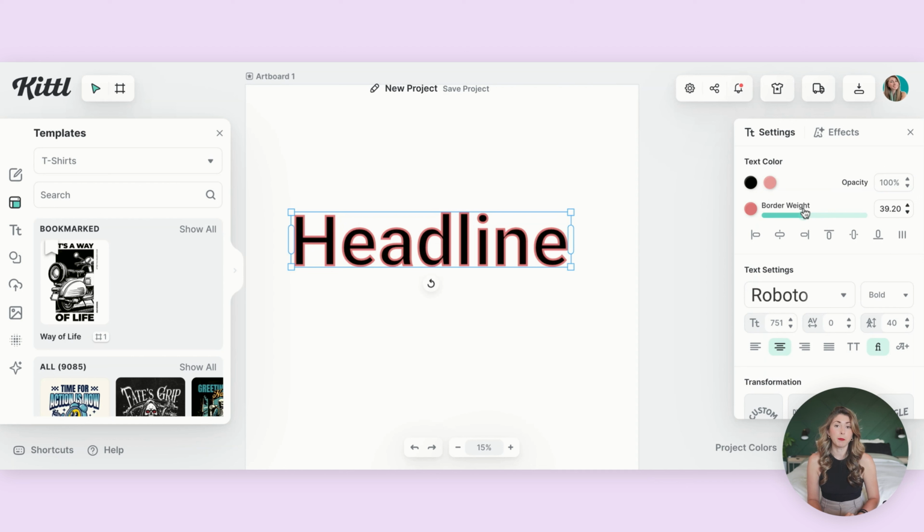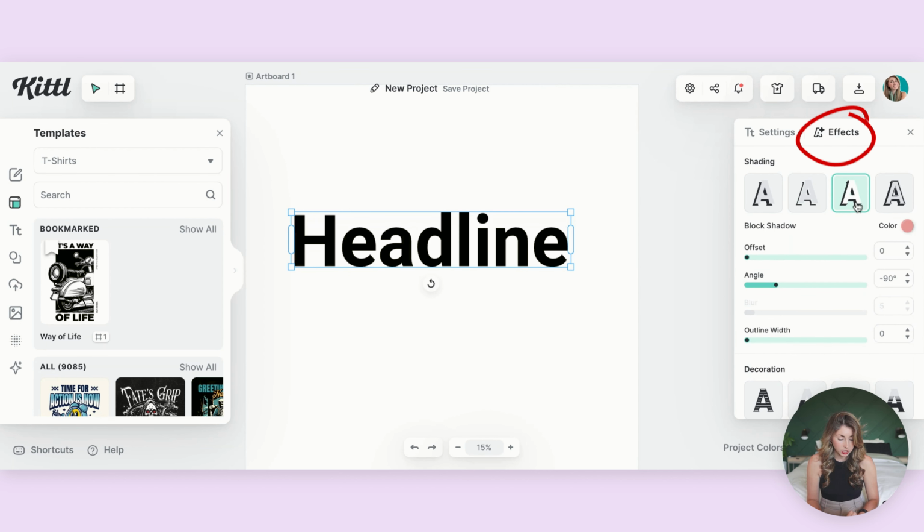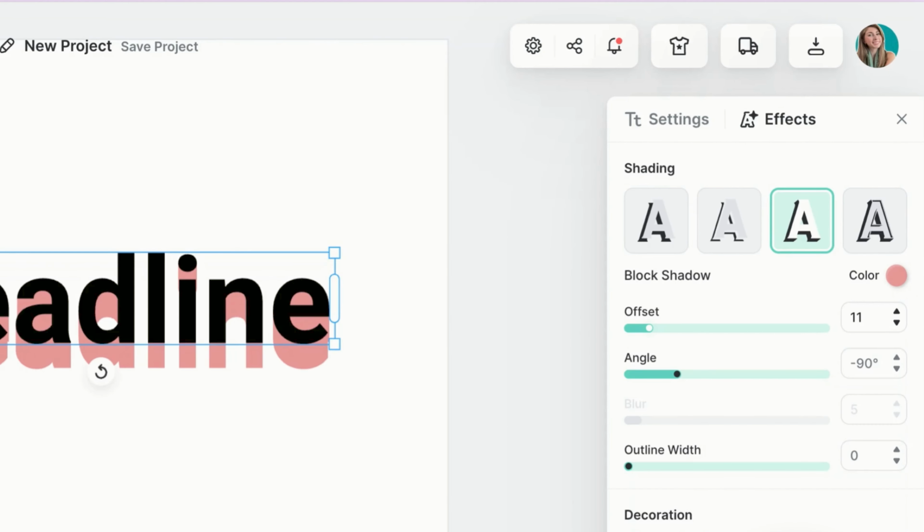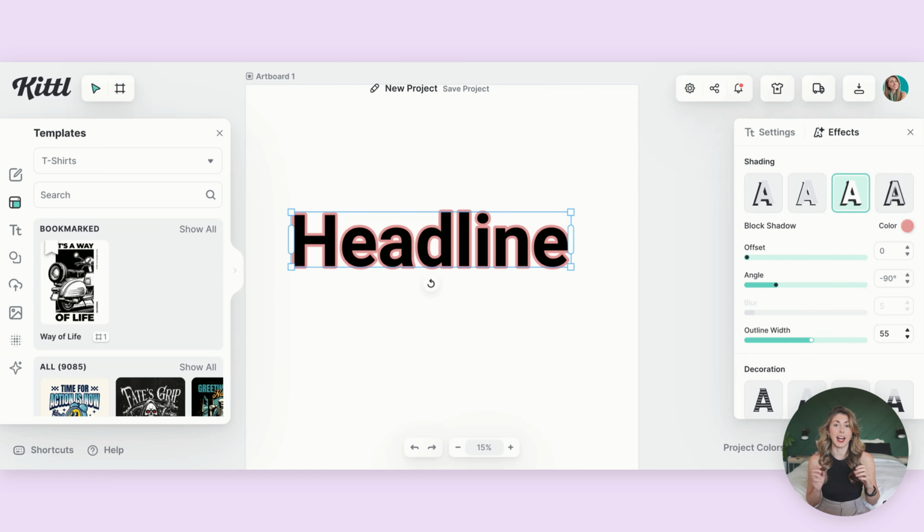So you can add the border this way, or if you want it to actually expand out, we're gonna turn off the border weight. We're gonna go to effects, and then we're gonna turn on this third one here, which is the block shadow. And when you first open it, it'll probably look like this, but you're just gonna bring the offset to 0. And then underneath where we see outline width, we're going to grow it here, and then we can make this larger. And now you can see that the outline is actually adding on top of our text instead of cutting